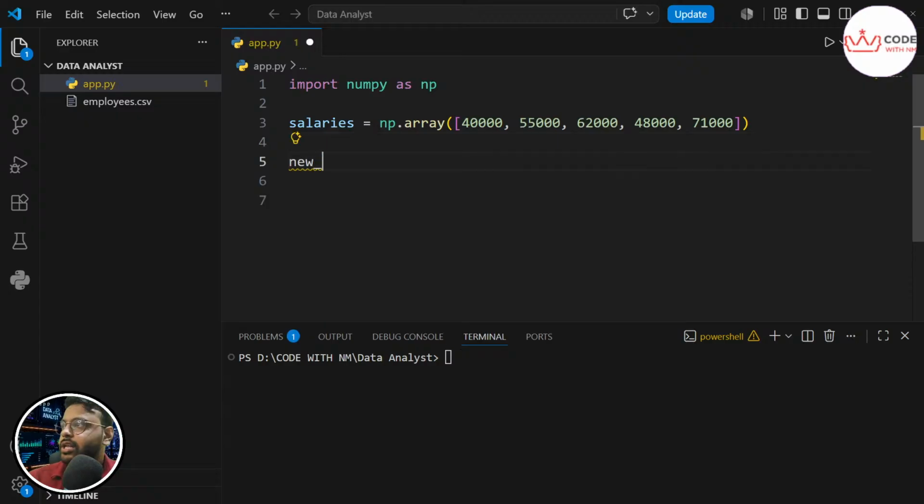And let's say new salary. I need a new variable because we are increasing the salary by a certain percentage. Let's say our old salary, and we need to increase it by a certain percentage. Let's give a 10% hike. So what is a 10% hike in mathematics? Should I multiply by 10%?